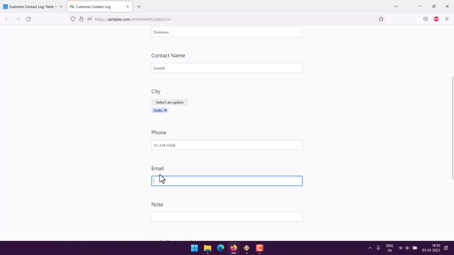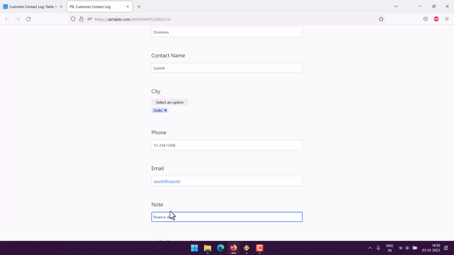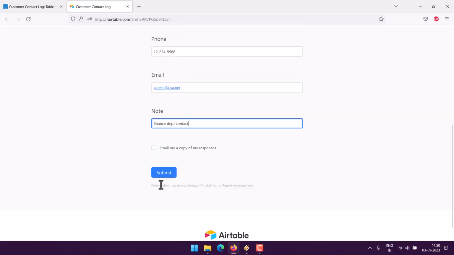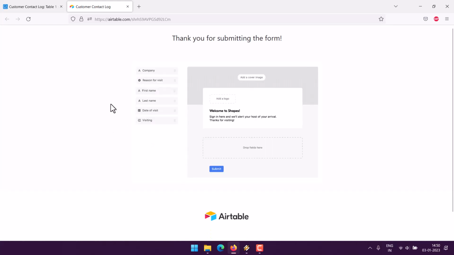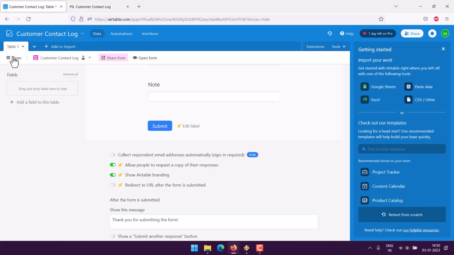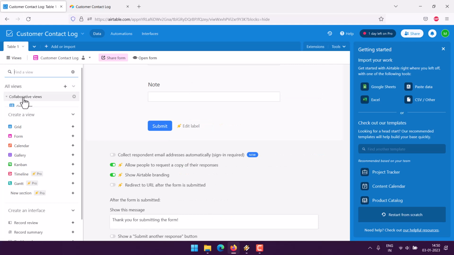Then he has a particular email, and he is from say the finance department contact. Right, we save this, and then we will try and view this in grid view so that we can see